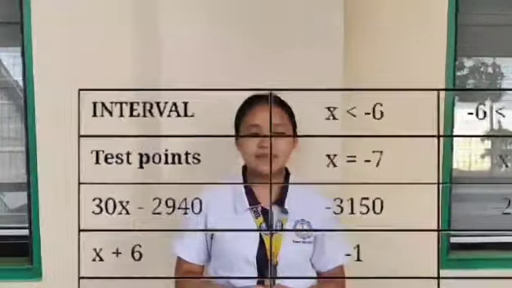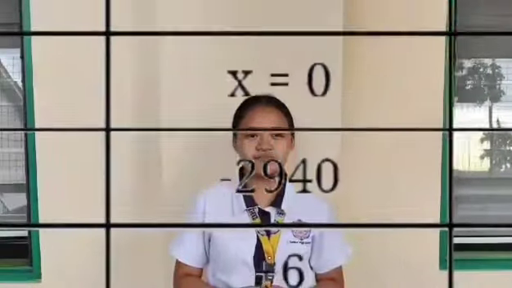Now, let us substitute the values of x with the equation 30x minus 2,940 and x plus 6. Let us first substitute x is equal to negative 7 with the equation 30x minus 2,940. And the answer is negative 3,150. Second, let us substitute x is equal to 0 with the equation 30x minus 2,940. And the answer is negative 2,940. Third, let us substitute x equal to 99 with the equation 30x minus 2,940, and the answer is